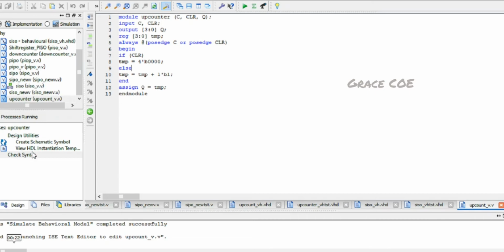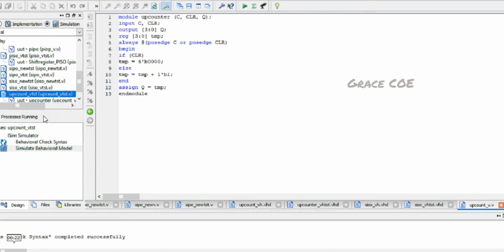We can save it and check syntax. Now the syntax check has completed successfully. Next, we'll create the test bench.